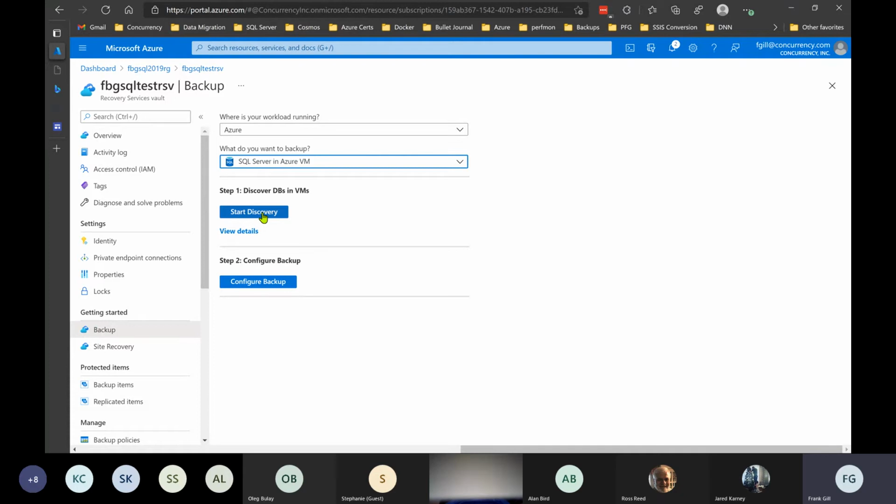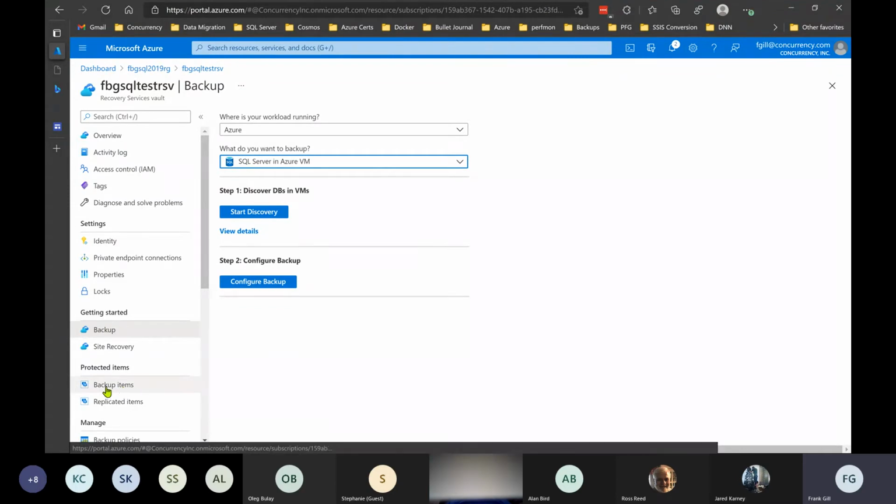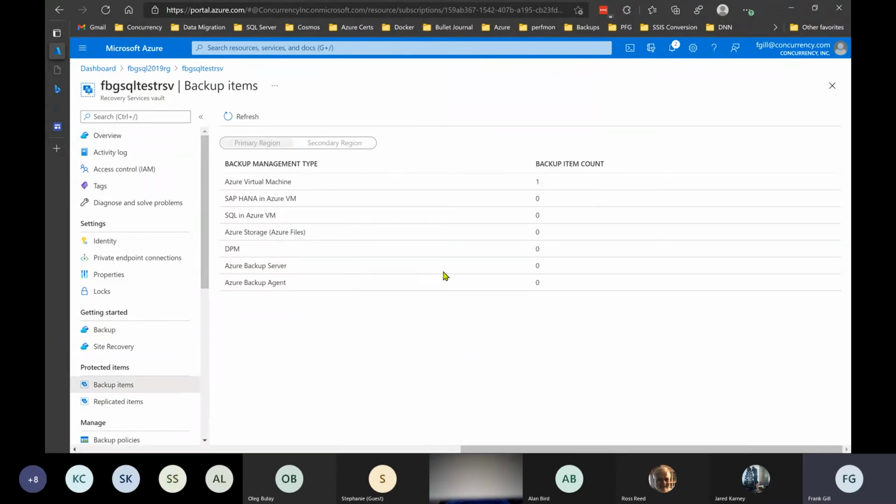You can create multiple policies or schedules. So let's say I have system databases and user databases running, and I want to back up the system databases weekly and the user databases on a different schedule. I can do that. It gives you the ability to get that granular. So once I have configured my backups, they will show up here under Backup items. So if I click Backup items,